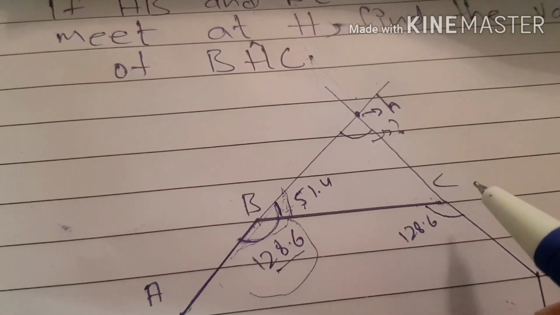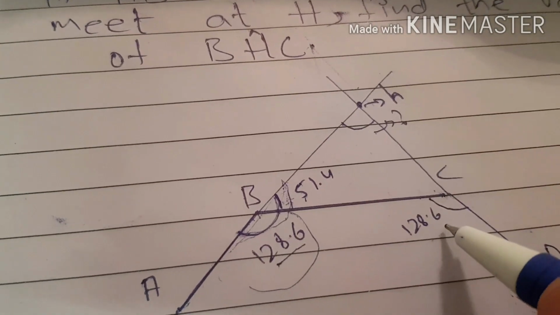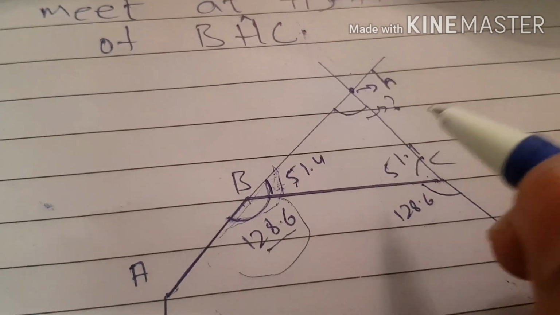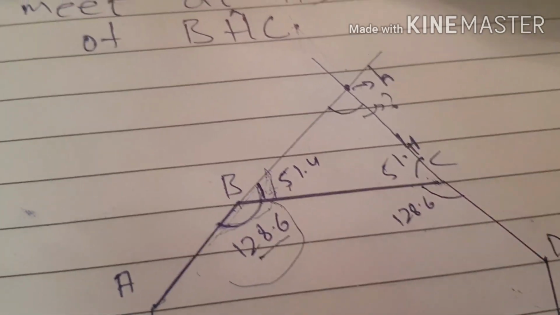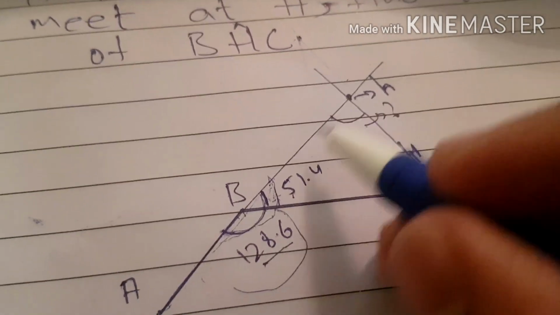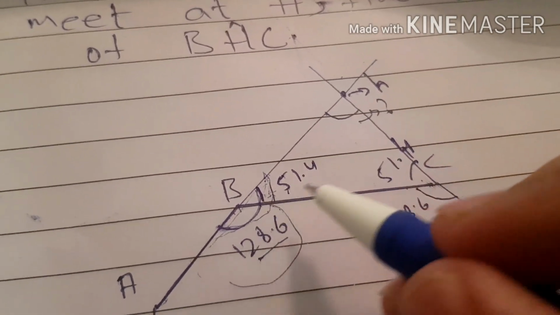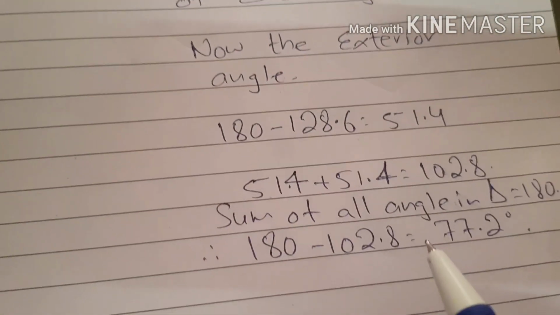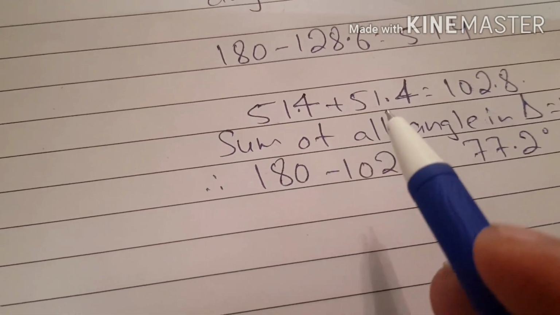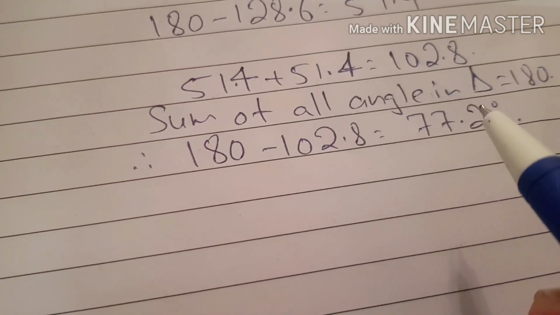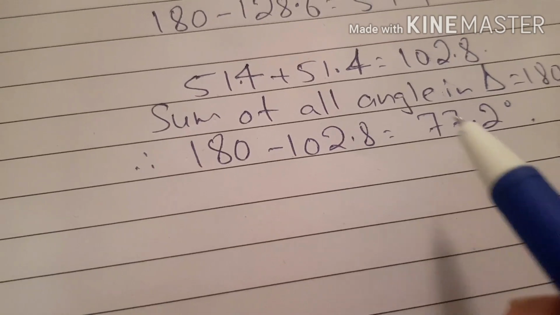The same will be the case for this part also. This is 128.6 subtracted from 180, I get 51.4. Now both these angles are 51.4 and I need to find out this H. Since this is a triangle, and we know that the sum of all angles in a triangle equals 180, using that property, 51.4 plus 51.4 equals 102.8, subtract it from 180, you get 77.2. So this is how you find out